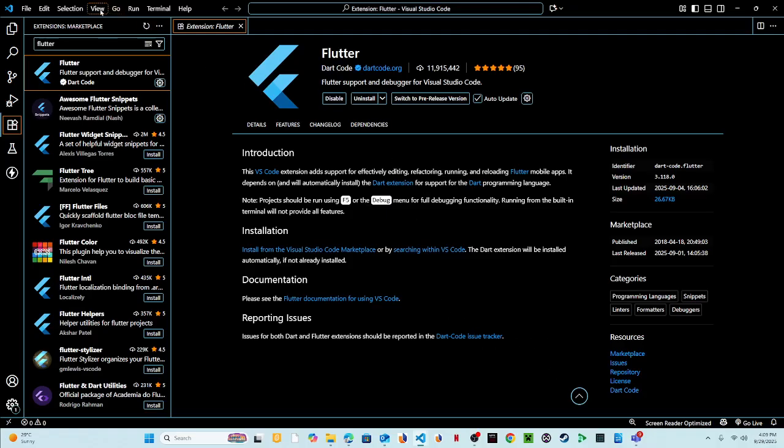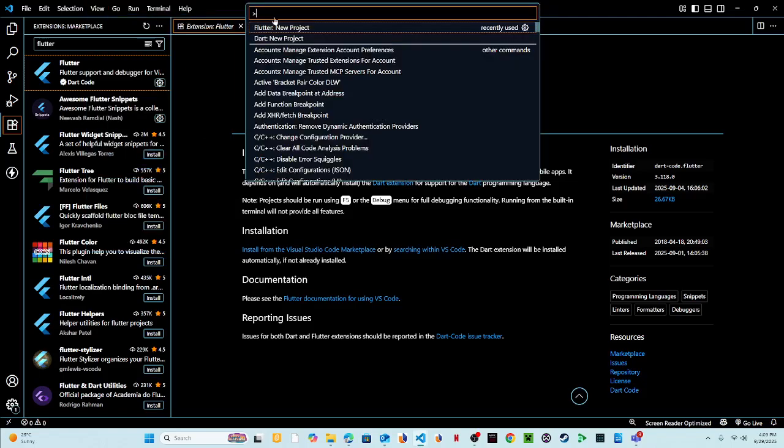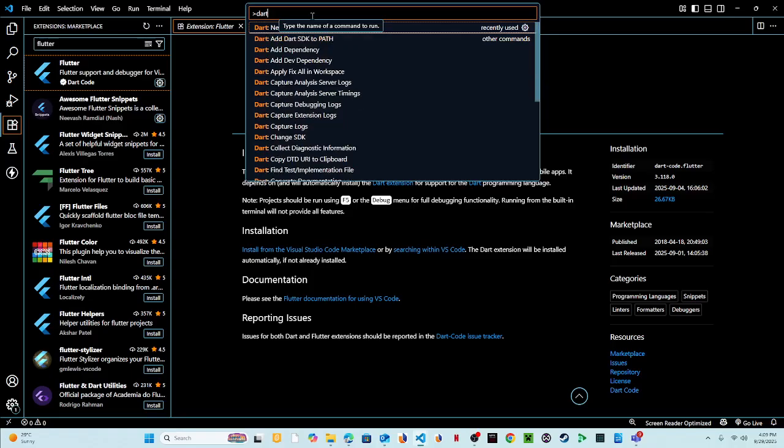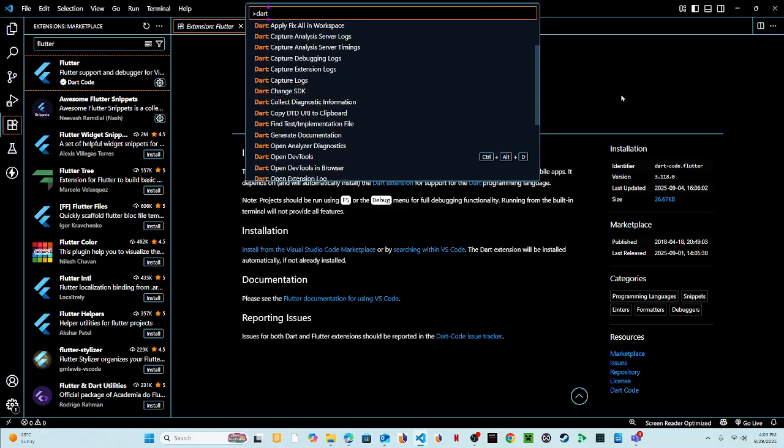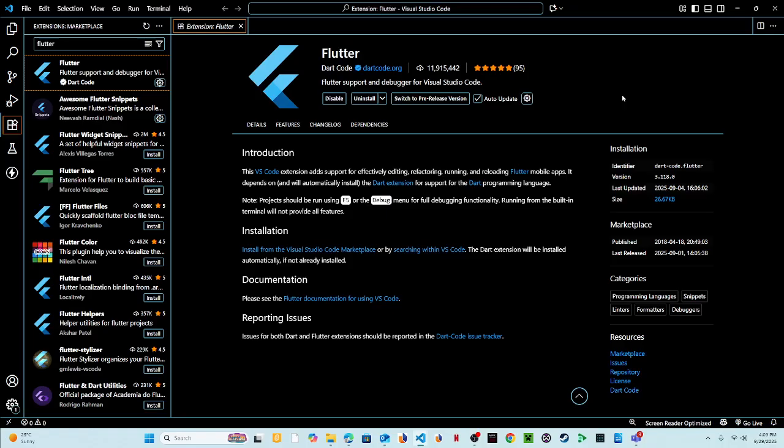We can just head to the command palette over there, and then you can type dart, right? So you can see Dart program, Dart, it's over there. So Dart new program or so, yeah. But otherwise, if you want to go straight to the terminal, we can also do the same thing. But as my recommendation, we have to create the Dart program